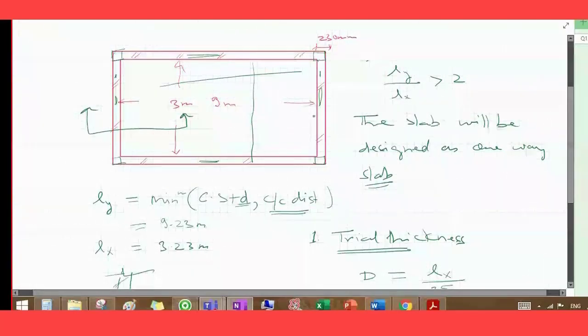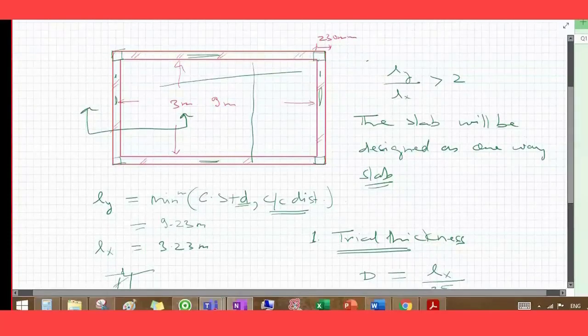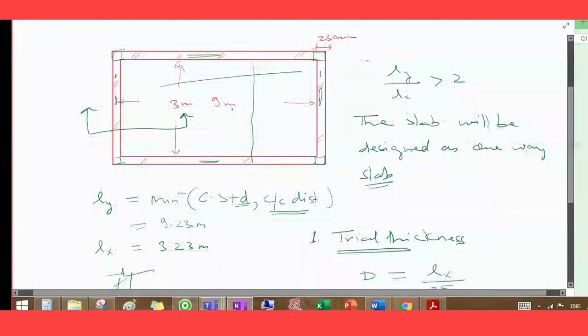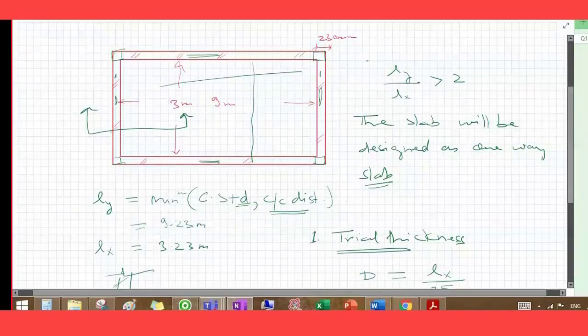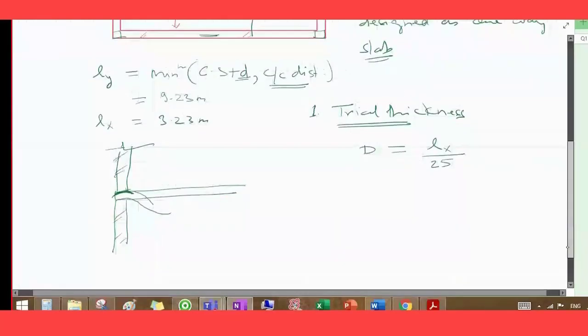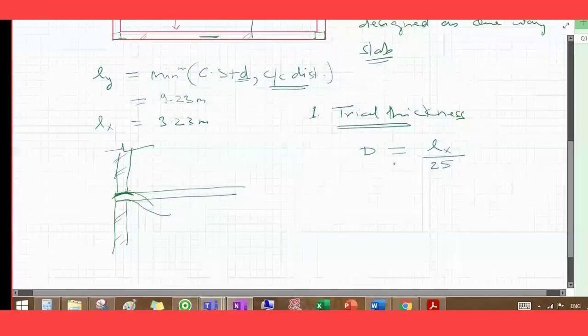Okay, and whatever wall is present, it is basically serving as a curtain. वो लोड नहीं ले रहा है, सारा लोड क्या ले रहा है, फ्रॉम स्लैब से बीम में जा रहा है, बीम से कॉलम में जा रहा है। जो वॉल तुम देखते हो जो बनाते हैं, वो जस्ट एज अ कर्टन काम कर रहा है, ठीक है कि नहीं। So I hope this doubt is clear to you. Yes sir.